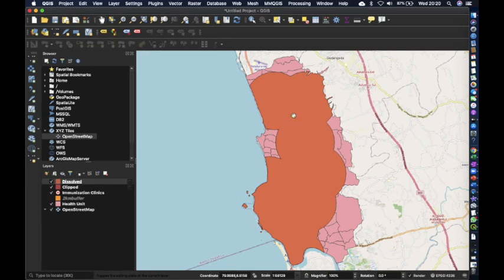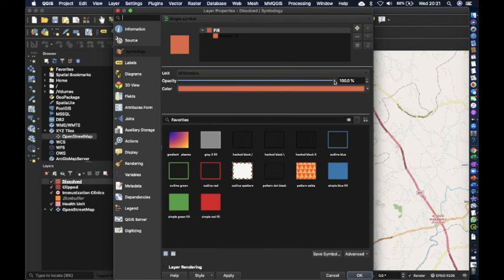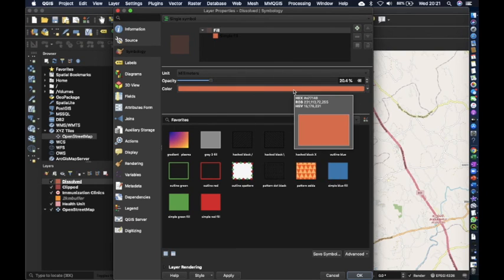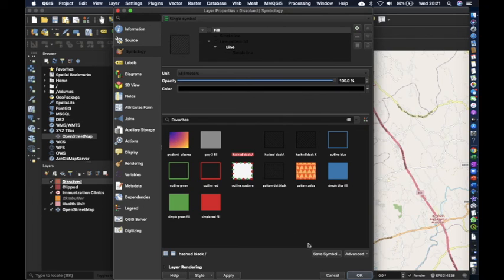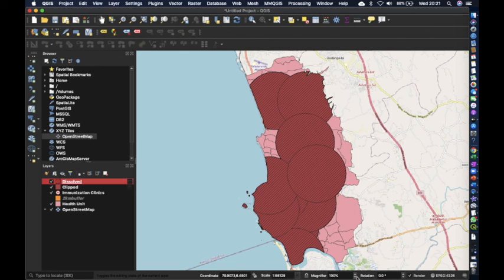So the areas not covered by the 2 kilometer buffer zones can be identified now. If you want to see the OpenStreetMap through these layers, you can make them transparent. I reduce the opacity, maybe up to 20%, or else I can change the color, or else I can change the appearance like that.